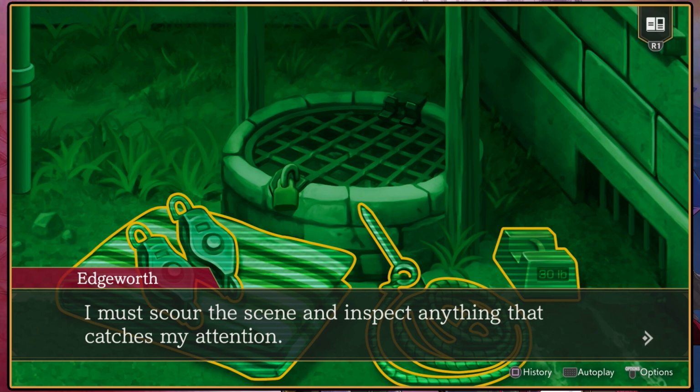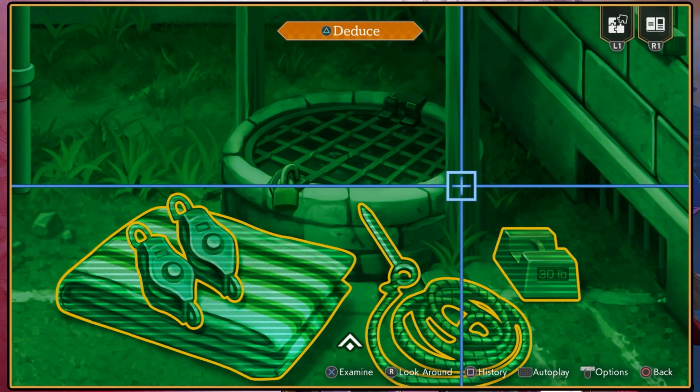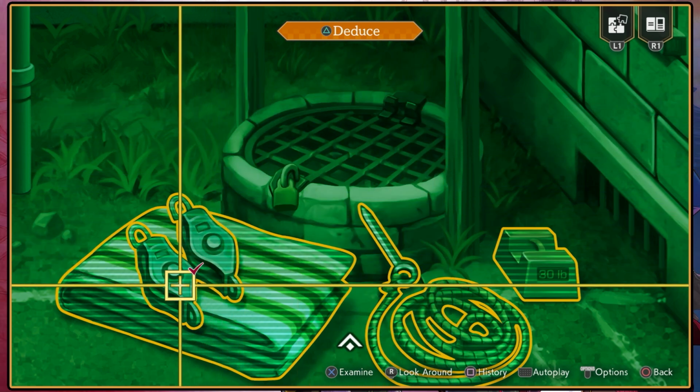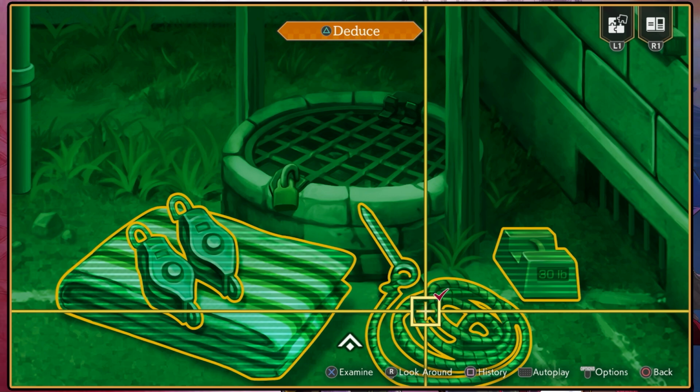Because, of course, I did what this says. This line here says, I must scour the scene and inspect anything that catches my attention, which is what I didn't do the first time, because when we came into it, of course, everything's a tick, which means that usually there is nothing more to deduce or to tell us. But if we click on the rope...